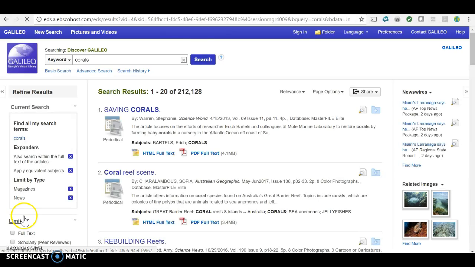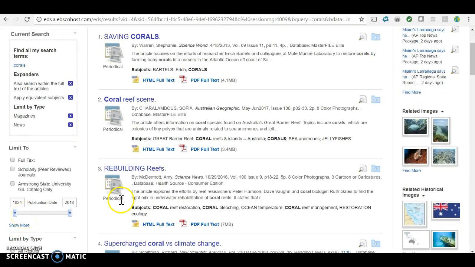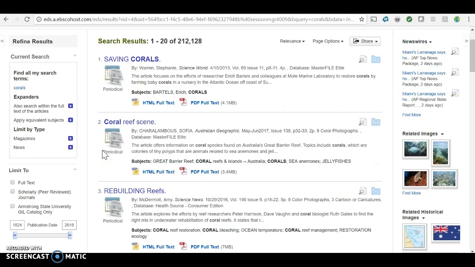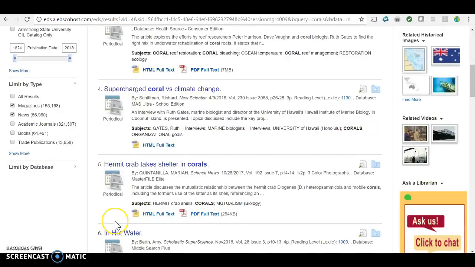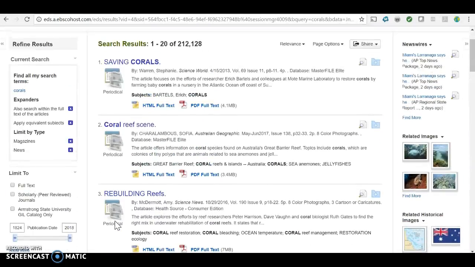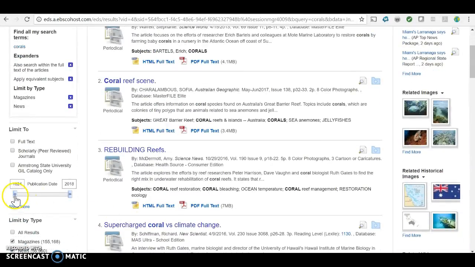We want to make sure that we aren't looking at the academic journals and getting some very cumbersome articles that are difficult to get through and are very heavy with jargon. So then already you can see that we've got a bunch of different periodical postings that we can start to look into. And then remember, for this last assignment, I said that we wanted it to be published within the